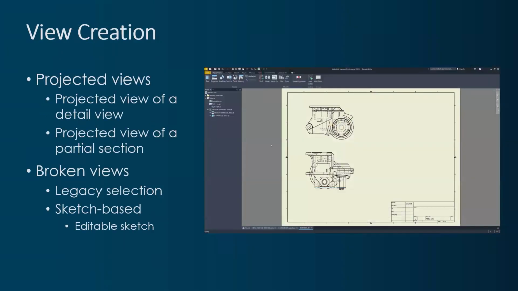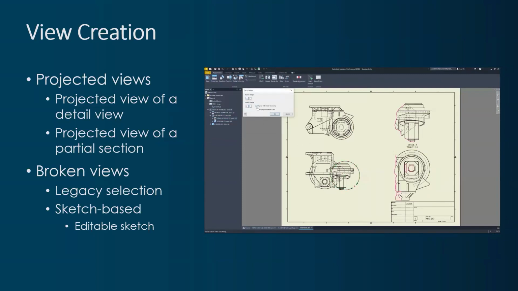Okay, moving on to drawings. Again, a couple of minor changes in drawings. There's 2 or 3 things in here that are quite nice that Autodesk have added. They've changed and updated some of the items for working with breakout views. So when we create a breakout view, the nature of the